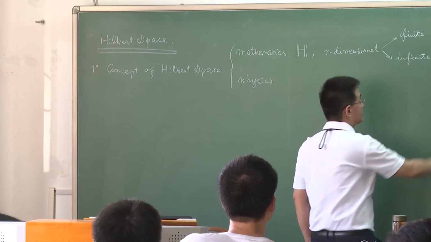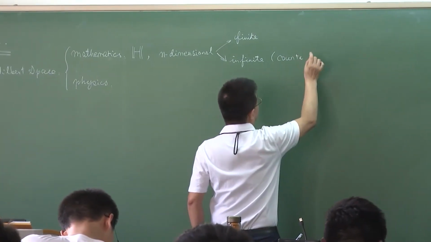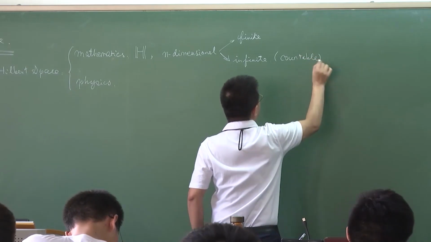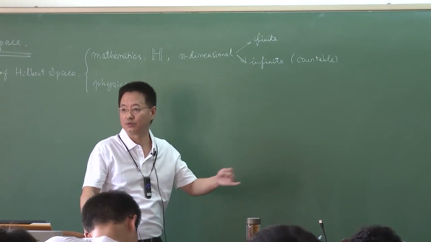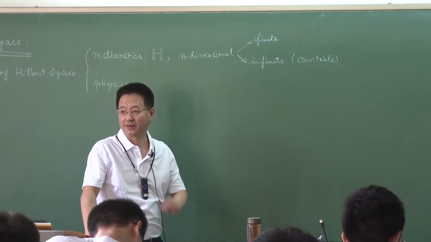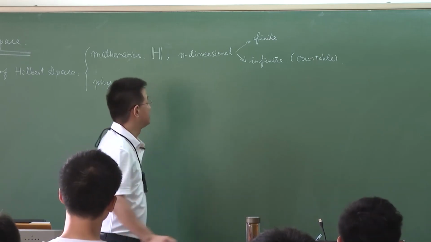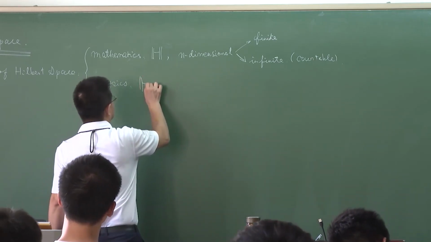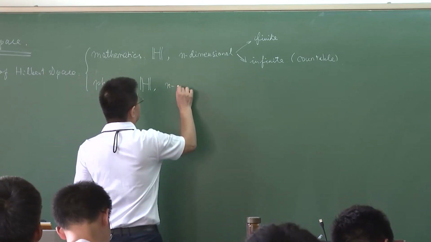But the infinite is countable. So that means you have 1 dimension, 2 dimension, 3, 4, 5, and so on. That's okay. And then up to the infinite. That's okay. That's countable. But for the physics, it is also denoted like this, the n dimension,